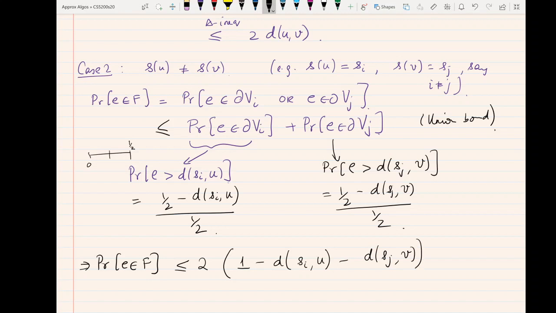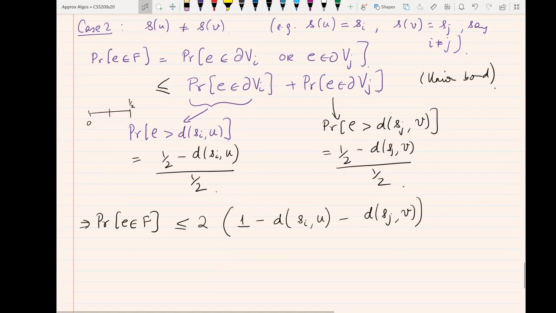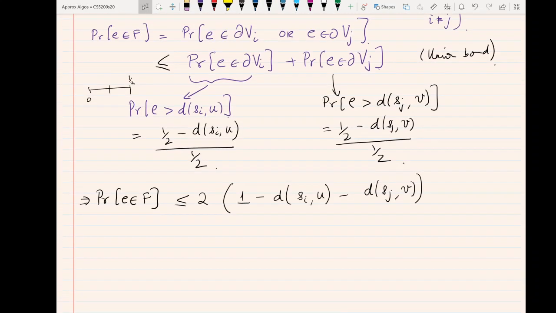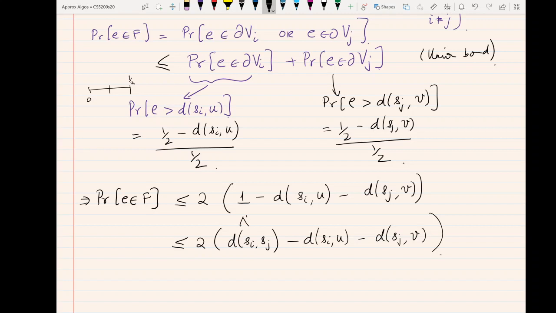Now we get this just by adding up the two probabilities, and now this is less than or equal to 2 times 1 minus d of, well, we do know that d of Si comma Sj is greater than or equal to 1, right? So I've just replaced this by the LP constraint,